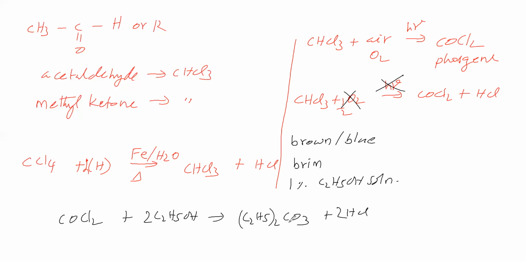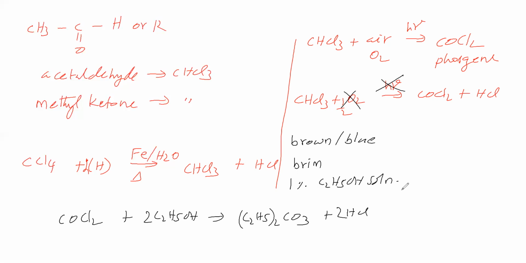So how to store the chloroform? We have to store chloroform in dark colored bottles, brown or blue, so that sunlight's active radiation is prevented from falling on chloroform. Then we have to fill chloroform up to the brim, so the presence of air is avoided. Even then, phosgene is produced. Then how to convert this into non-poisonous? By adding 1% ethanol, which converts this poisonous phosgene into diethyl carbonate, a non-poisonous substance. So we have understood how to store chloroform in bottles.